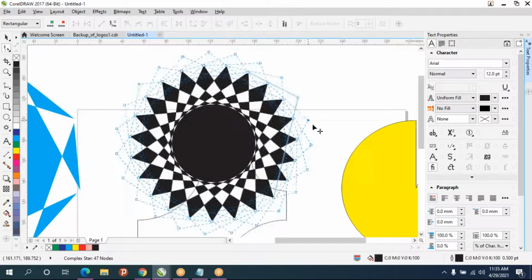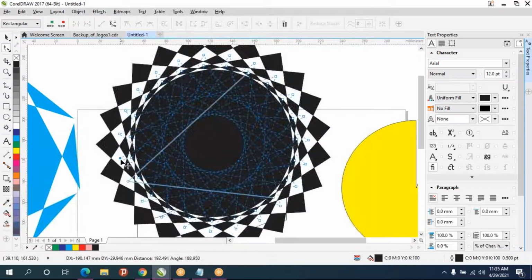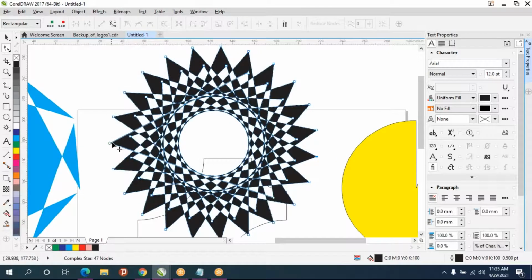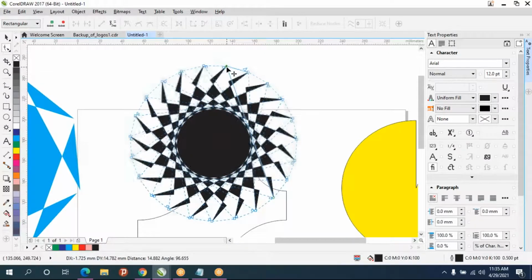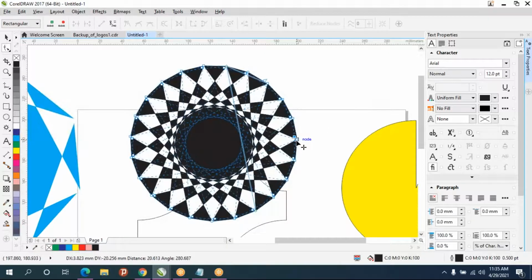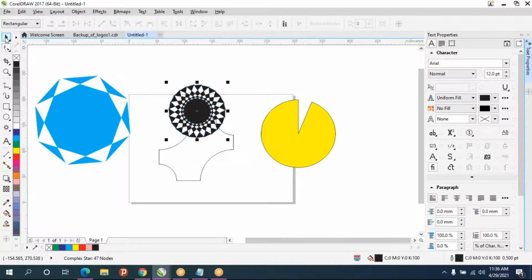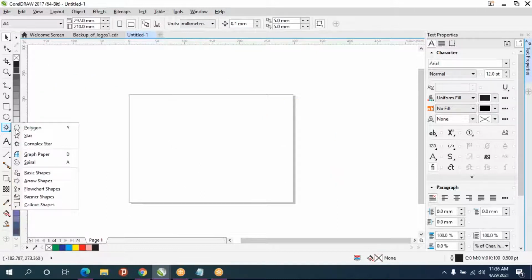And from the inside point you take it off. So like this you can do with the complex star also.